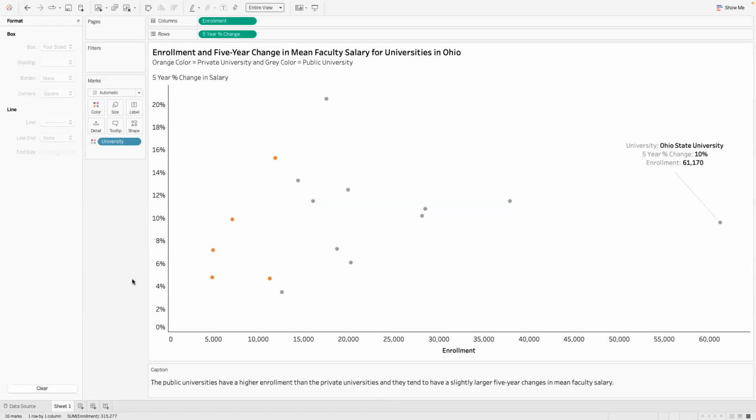Use some parameters to define our color, and then also create some sort of annotation on your scatter plot, to basically highlight a certain variable, or a certain data point. So we did it here for public university, which is the highest, Ohio State. We could also do it if